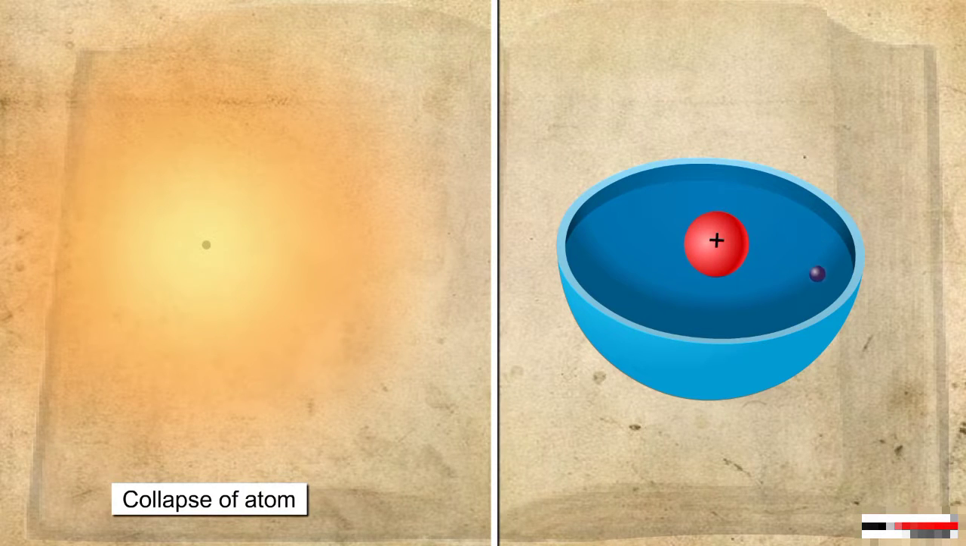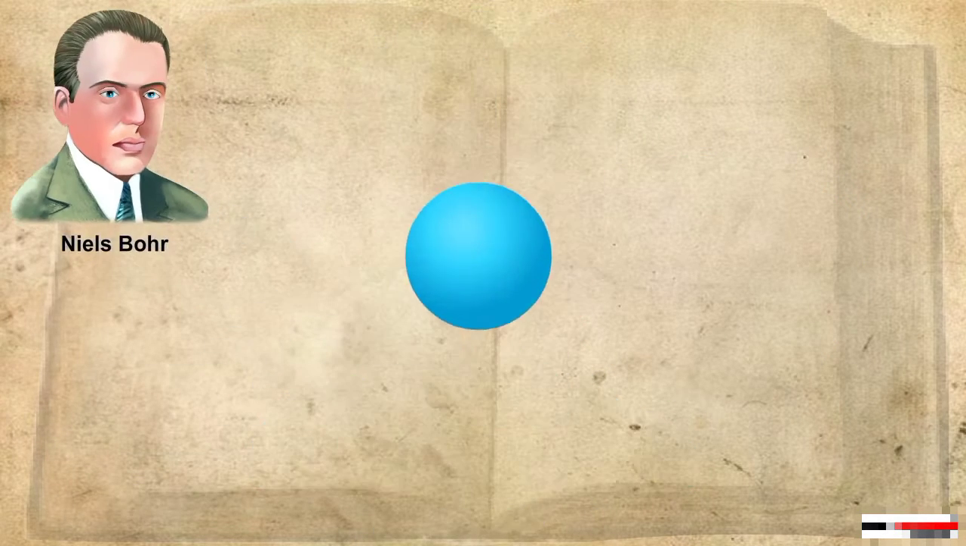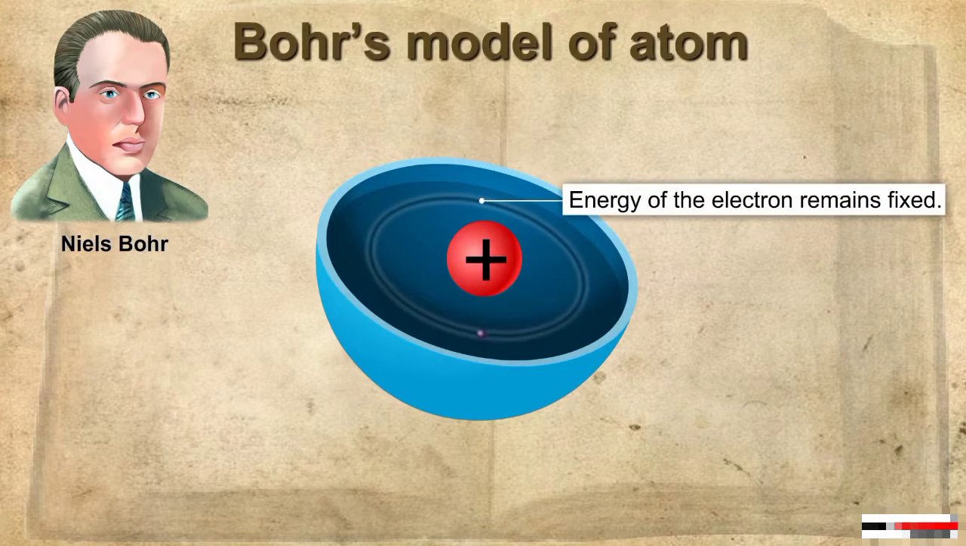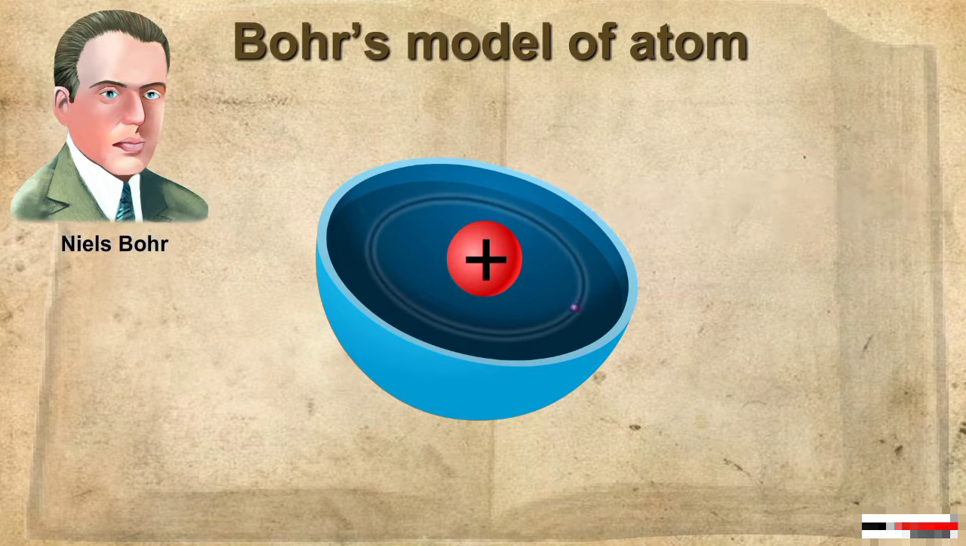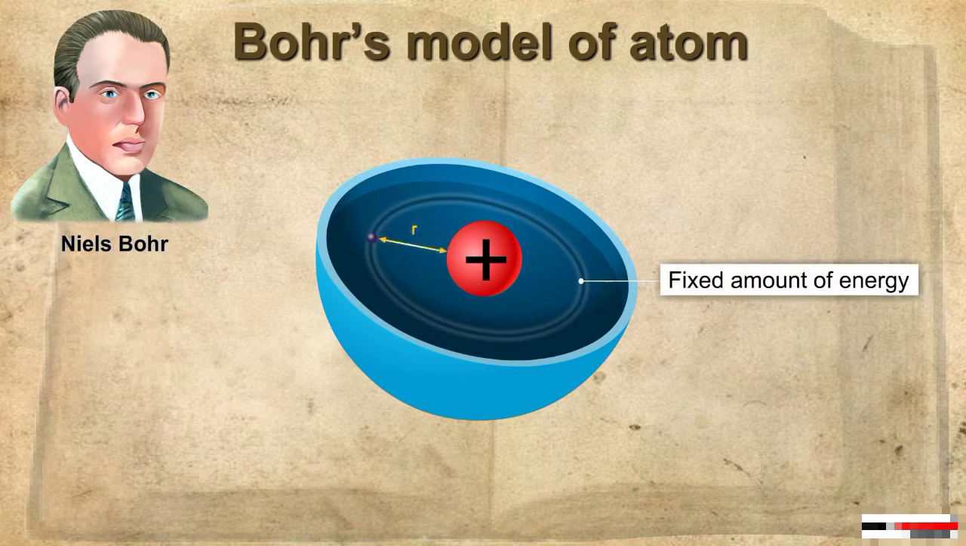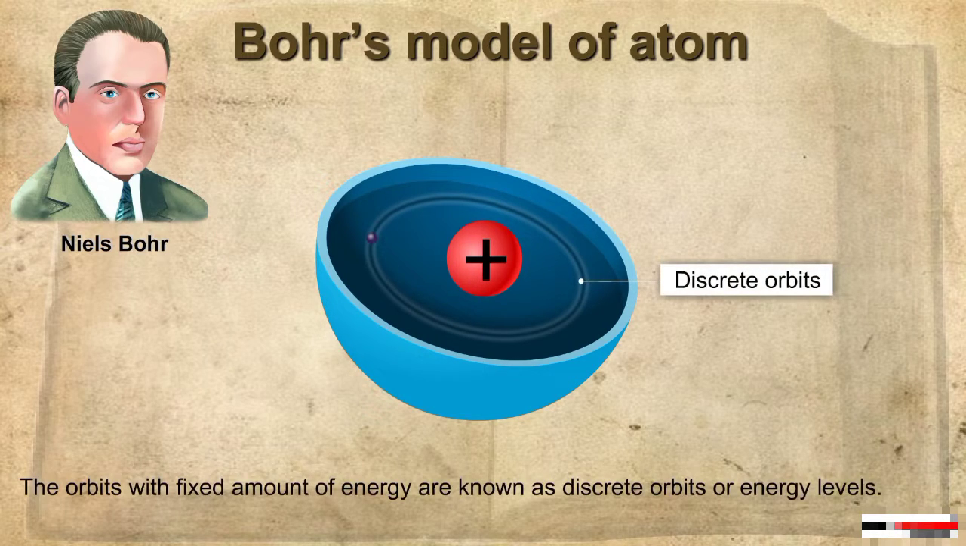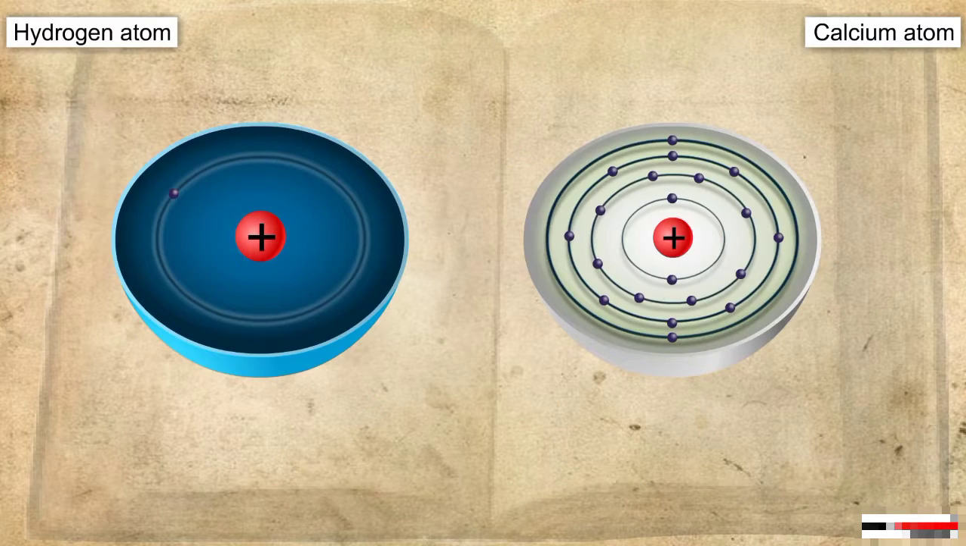Bohr said that electrons do revolve around the nucleus, but their energy remains fixed. He explained that the energy of electrons remains fixed because they are restricted to some fixed orbits. Each of these orbits is at a fixed distance from the nucleus and is associated with a fixed amount of energy. These orbits with fixed energy are known as discrete orbits or energy levels. These energy levels are represented by the letters K, L, M, N or the numbers 1, 2, 3, 4,